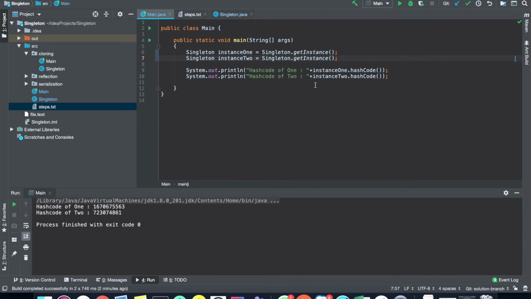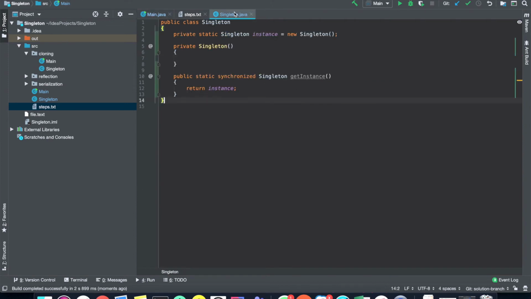To check whether these two objects are different, we'll check using the hash code. We'll run the main method again. Yes, the hash codes of both instances are the same, so we can say the object is the same. This is the eager approach.